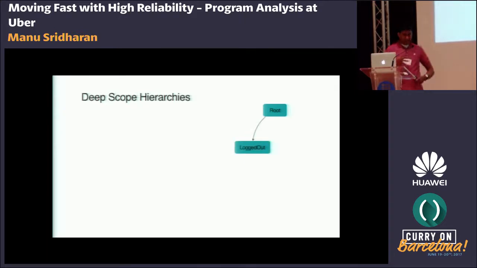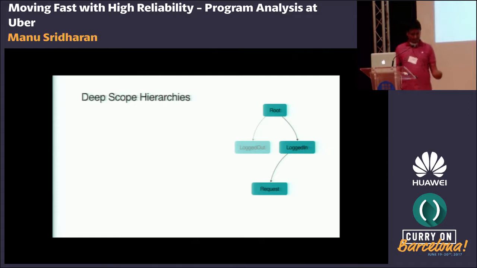So initially, you might have this child scope, which is logged out, right? So this will have all the state necessary to enter your account information and password to log in. And then once you're logged in, a new scope is introduced for this logged-in state, and then the logged-out scope disappears, hopefully with all the state and objects corresponding to being logged out. Similarly, now that you're logged in, you might enter a request scope, all the state needed to make a ride request. And then once you make that request and you get in the car, you're on the trip. And hopefully all this request state can just be cleaned up and goes away.